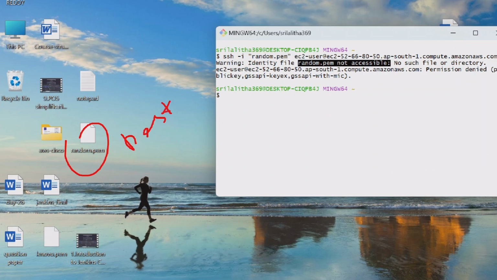If you enter the SSH command, it will only look into the current folder. Currently I am in some other folder, so it only looks into that folder. In that folder this key is not available, so it cannot load this key, and then it cannot authenticate with the server. That's the reason we couldn't connect to the server machine, right?